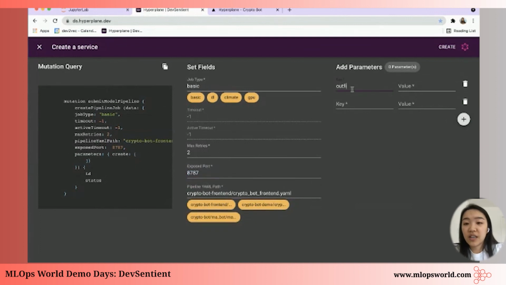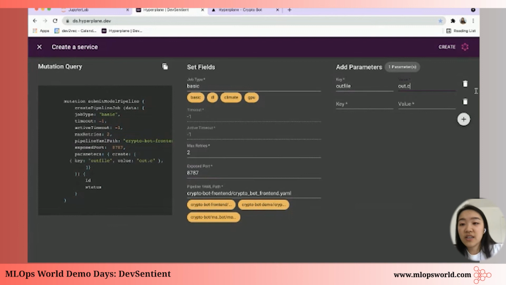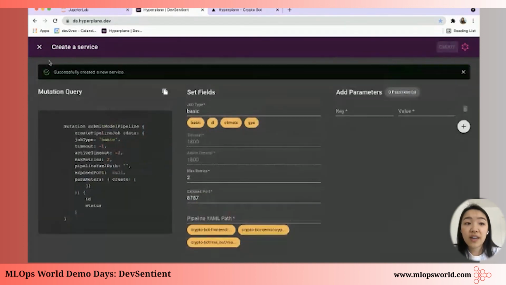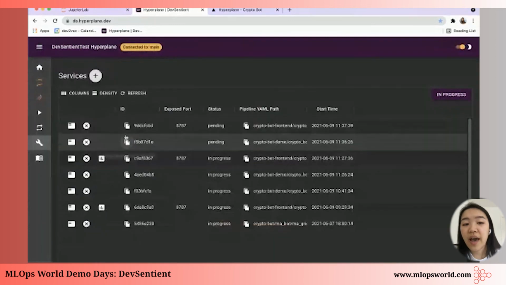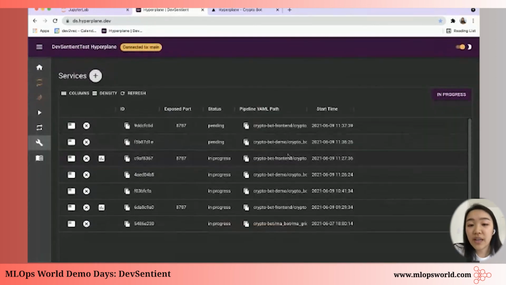Then you can add your parameters as normal. At this point, we already have our Hyperplane crypto bot running, and we also have that dashboard running. Like the jobs, Hyperplane will pick those up and auto scale the infrastructure to get those jobs up and running.